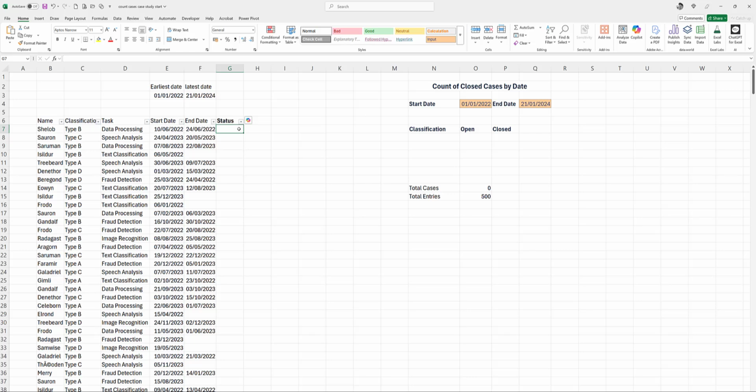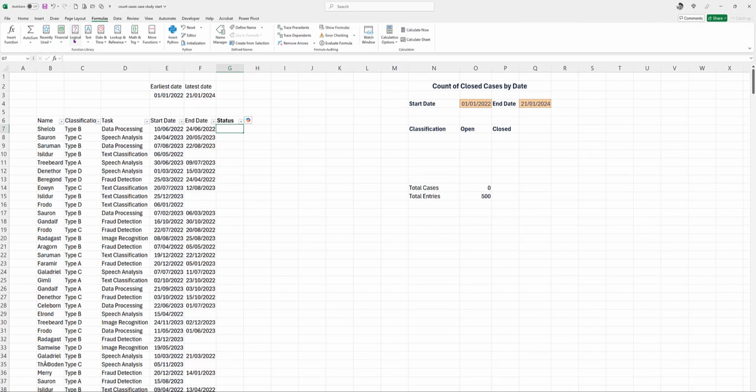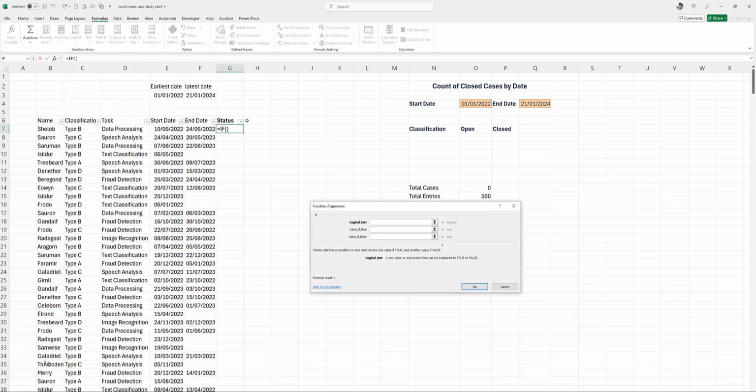So the way I'm going to do it is I'm going to test: is there a number in the end date? If there is, I'm going to assume it's closed, and otherwise I'm going to assume it's open. So I just come up to Formulas, go to Logical, and choose IF, and then I use the ISNUMBER function. ISNUMBER: is there a number in my end date? And if there is,